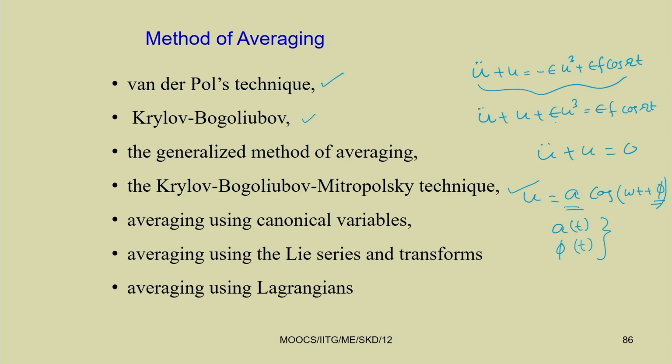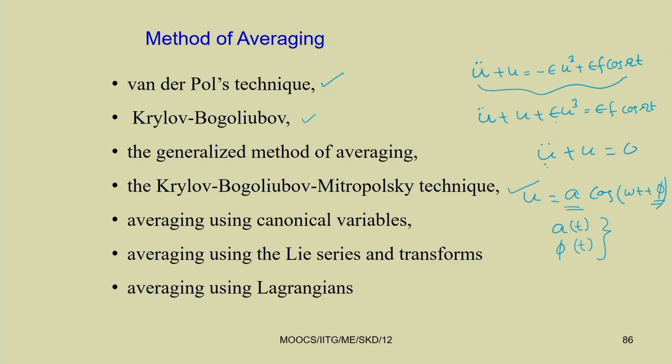So, they are not varying very much with respect to time, only a and phi are slowly varying with time. So, here the assumption in the method of averaging is we take the solution of the system by substituting epsilon equal to 0. After substituting epsilon equal to 0, find the solution of the resulting equation, and here instead of taking the constants, these constants are considered to be slowly varying functions of time.